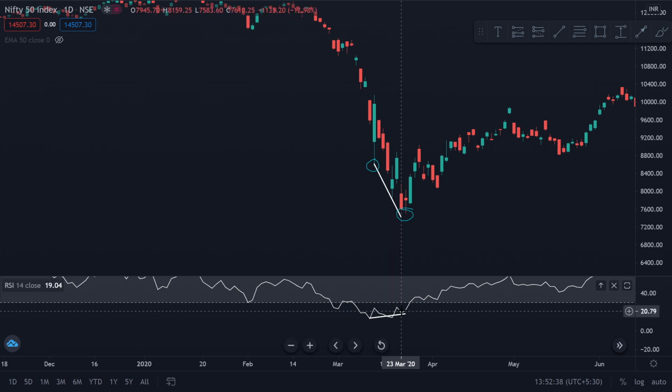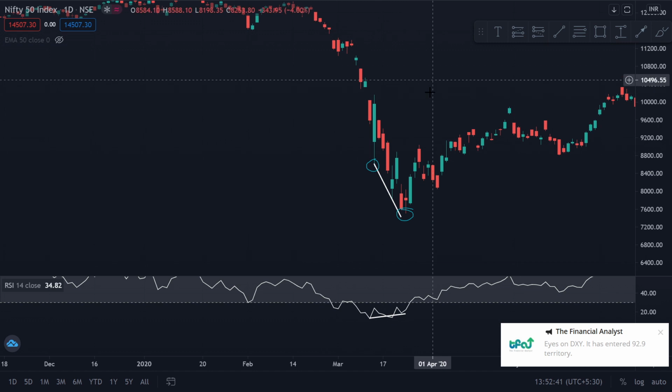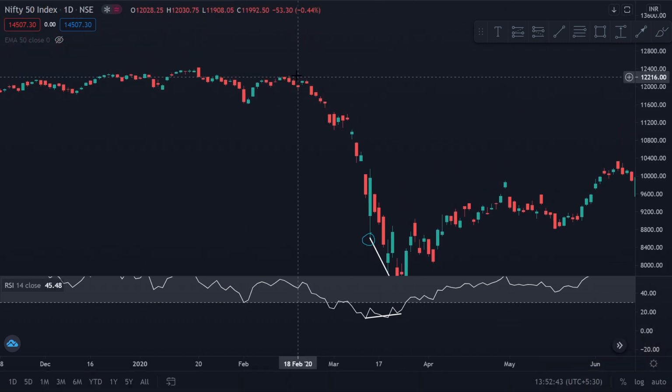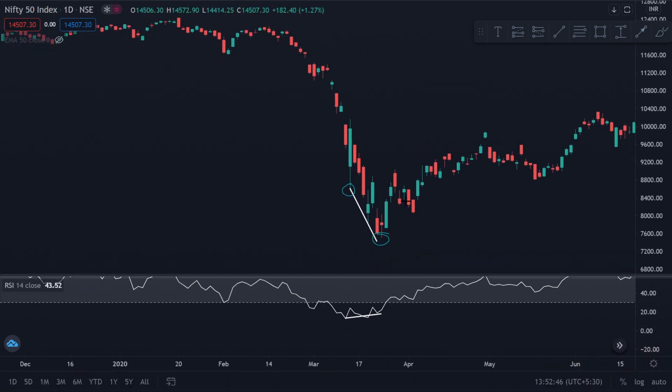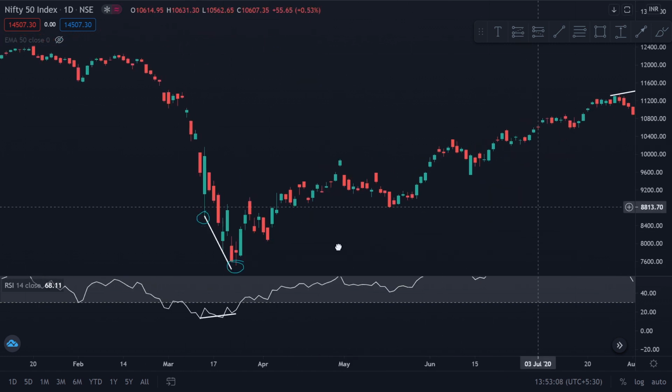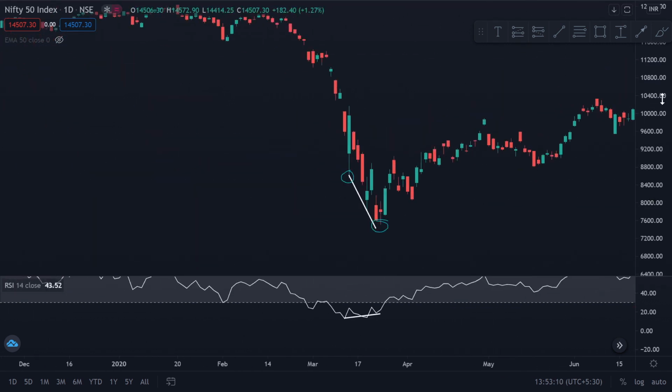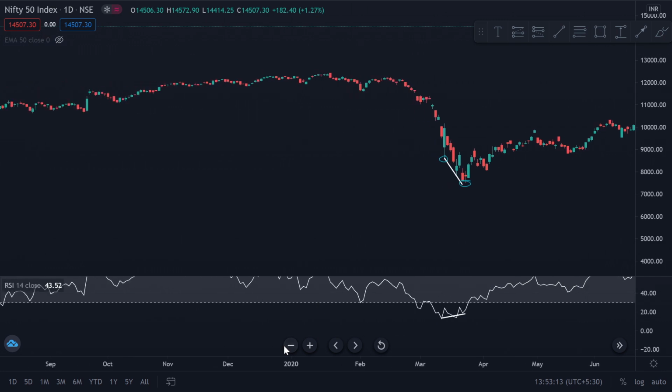RSI is gradually going up, which means the selling pressure, this was the selling pressure right from the top till here, and when we reach this area, obviously the selling pressure had reduced because it has already crashed. So I always tell you, when there is continuous selling that sustains for a long period of time, obviously at some point the buyers step in and the bulls take control, right? So if you could have spotted this, you could have caught the huge uptrend that followed after that.